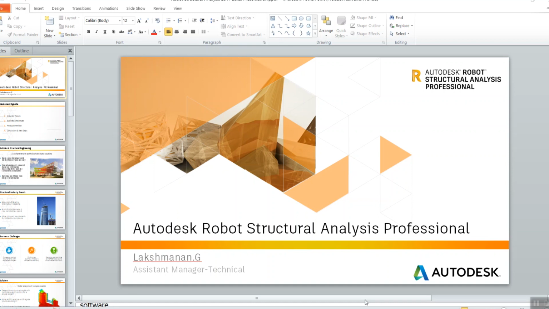After hearing this name, you would have thought, is that software regarding some robot mechanism or something like that? No. The answer is no. Robot Structural Analysis is purely a design and analysis tool.